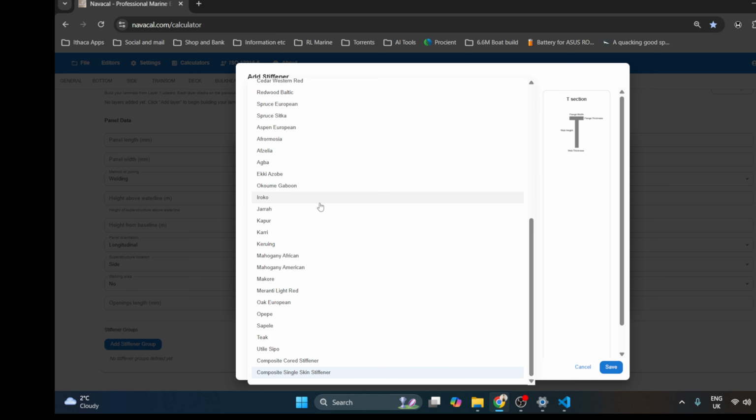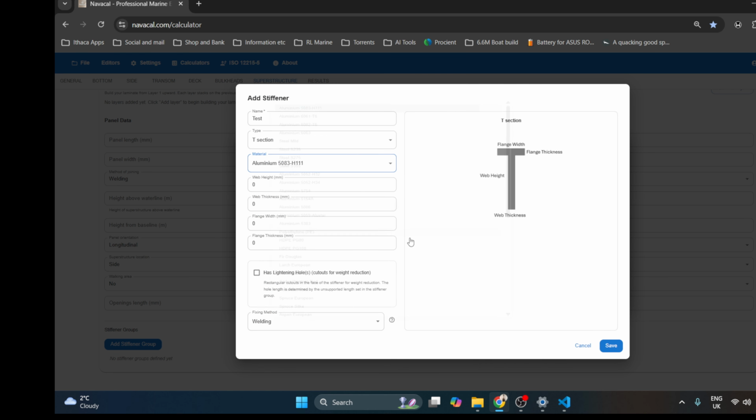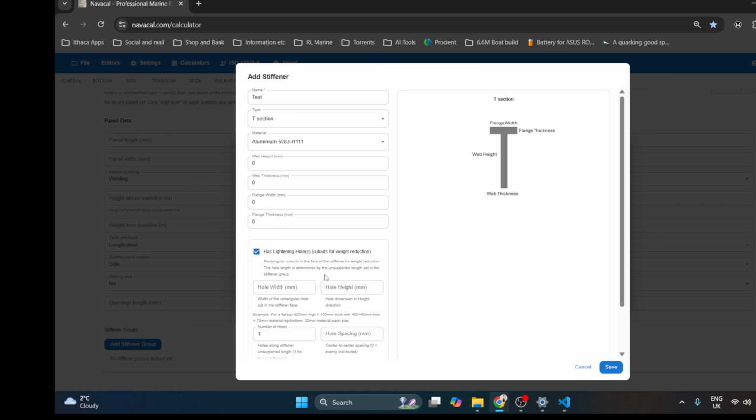And then if we go to a metal stiffener, you can see that the fiberglass inputs all change, or disappear, I should say. In metal or fiberglass stiffeners you can also add lightning holes. So the way to look at this is if it's a stiffener, say a girder running the length of the boat